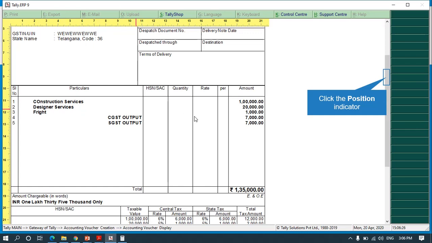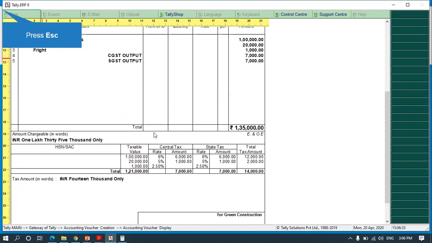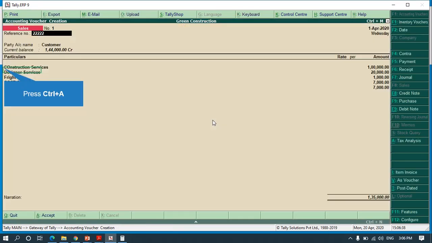We have construction charges 1 lakh, designer charges 20,000, freight charge 1,000, but tax is only calculated on 1,20,000 because freight charges are exempted.